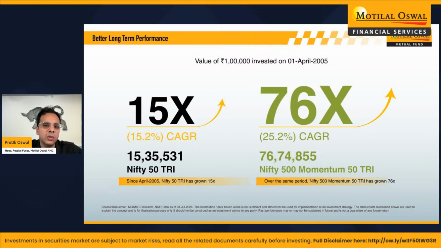In fact, we've studied this index versus every single mutual fund in the country over the last 10 to 15 years. And what we've seen is that this index has actually beaten all mutual funds over a 10-year period. So it's probably the most effective investing strategy, at least historically, so that's very important. The index started in 2005, and since then, it has risen by 25% CAGR versus just 15% for the Nifty. So a good amount of outperformance.